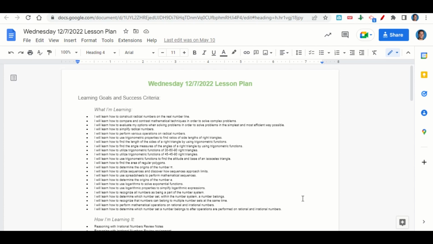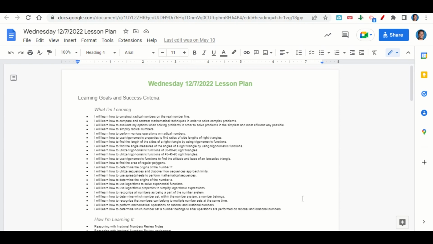solve complex problems, evaluate your options when solving problems in order to solve problems in the simplest and most efficient way possible, to simplify radical numbers, perform various operations on radical numbers, use trigonometric properties to find ratios of side lengths of right triangles, to find the side lengths of a right triangle by using trigonometric functions, to find angle